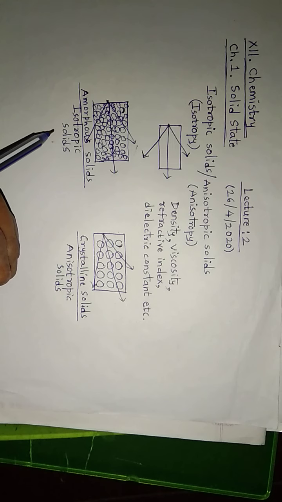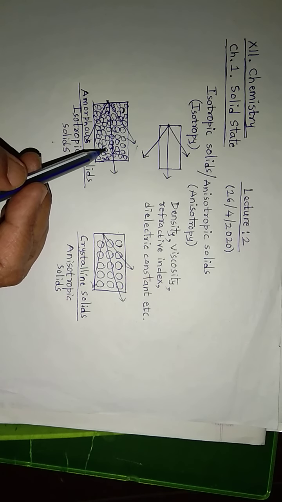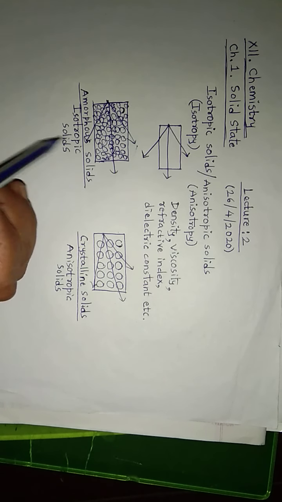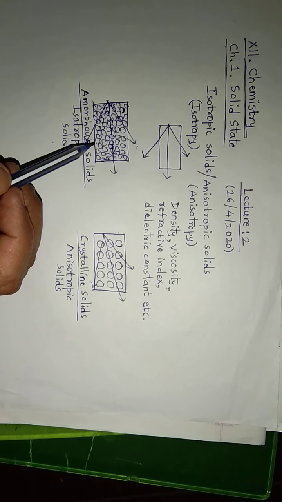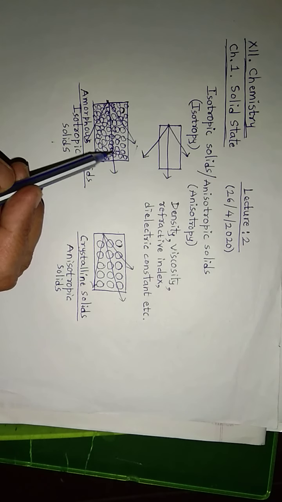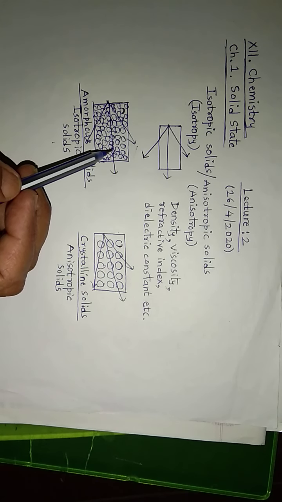Even metals are isotropic solids. Remember, isotropy has made glass, metals, etc. very important material. Because glass is isotropic, it will show same values of these physical quantities in all the directions. And that is the reason it was possible to make lenses, homogeneous lenses, with the help of glass,